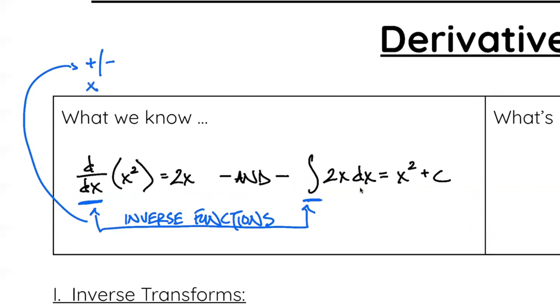You learned how to multiply and you learned how to divide. You learned how to square and square root, right? So there were a lot of functions or transforms that you learned, but then when you also figured out how to undo them,